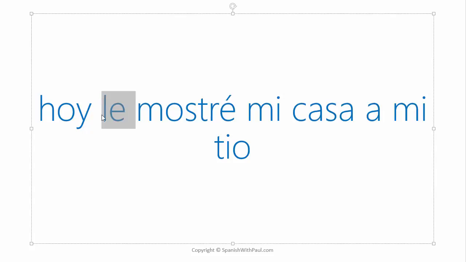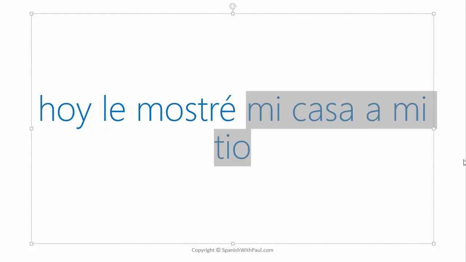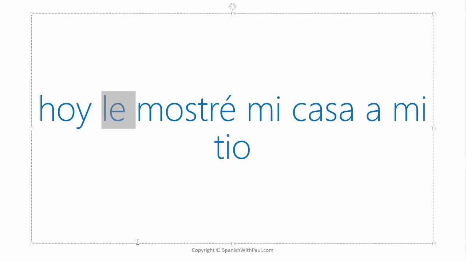Without the le, it seems to make so much more logical sense on the surface when we do a direct translation into English. Today I showed my house to my uncle, right? Simple. It's that this le is what is making the translation feel weird to our English sensibilities. So again, hoy le mostré mi casa a mi tío.